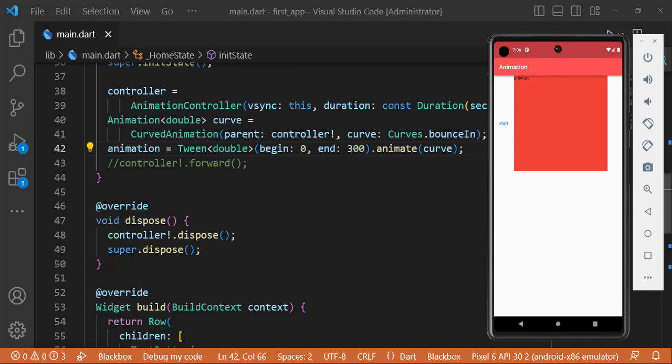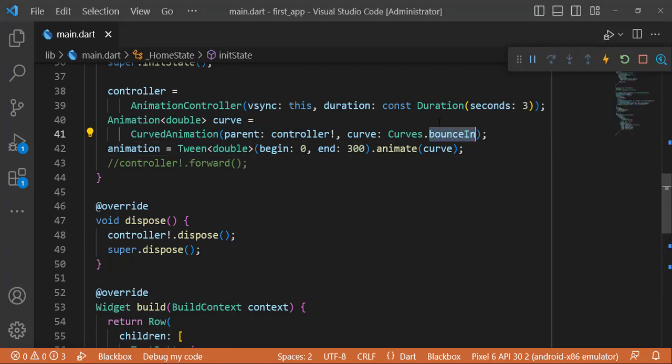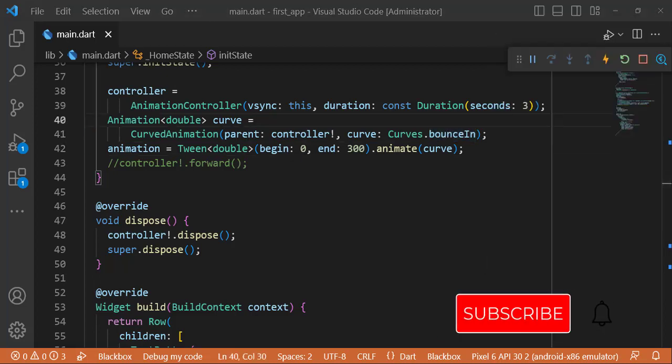So with animation, you can change the value, position, width, or color and